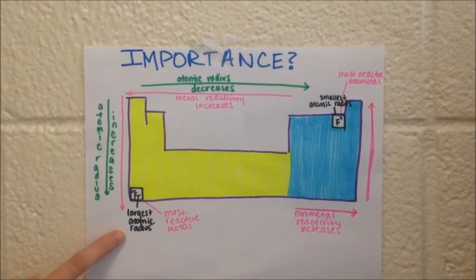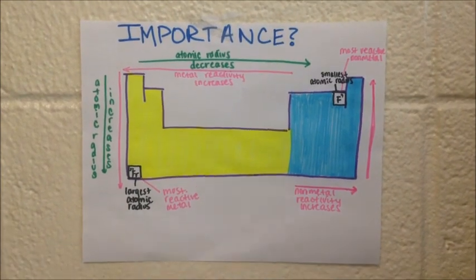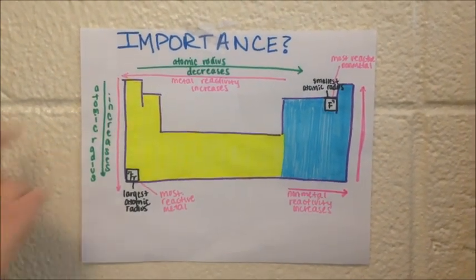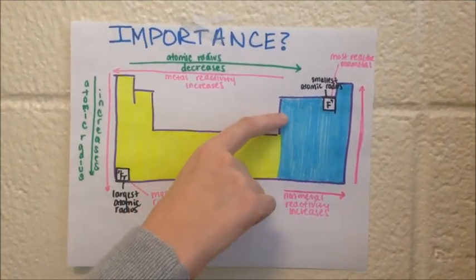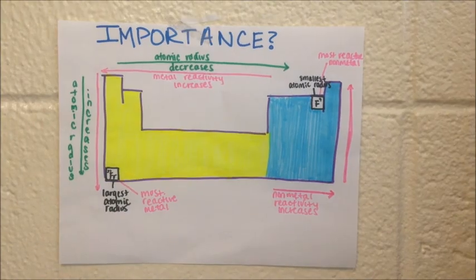Francium has the largest atomic radius and is the most reactive metal. Because as the atomic radius decreases from left to right, metal reactivity increases from right to left. This is because